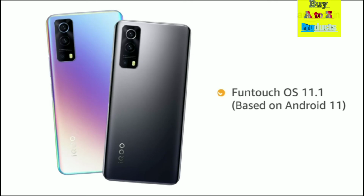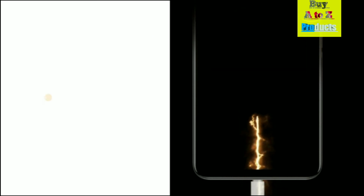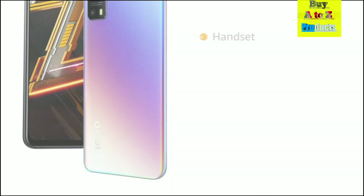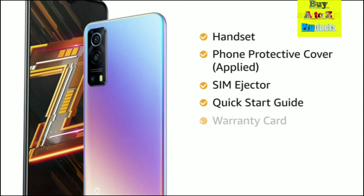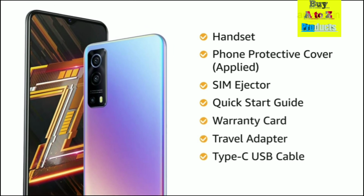It uses FunTouch OS 11.1 based on Android 11 operating system. It is equipped with 4400 mAh battery. The box includes handset, phone protective cover applied, SIM ejector, quick start guide and warranty card, travel adapter, Type-C USB cable, protective